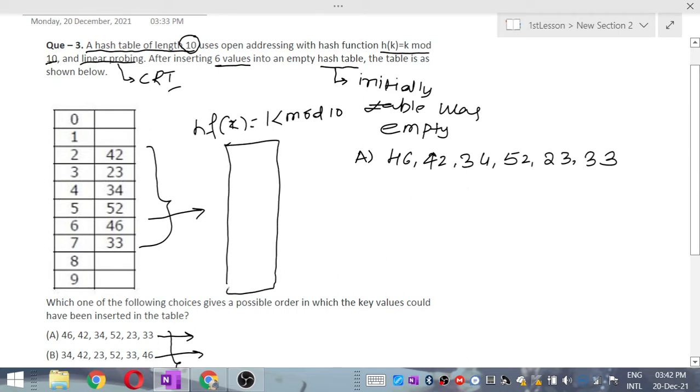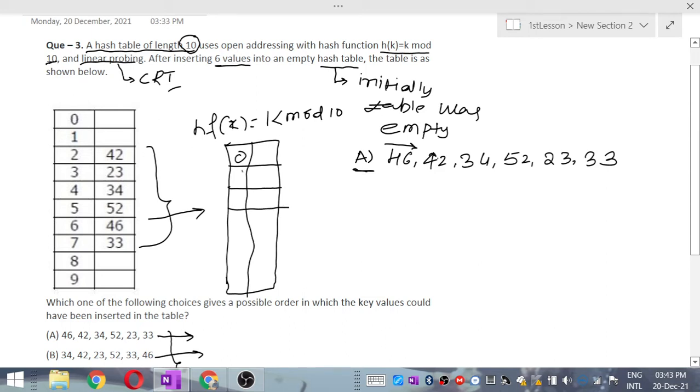Now we have taken this sequence of keys, and we will insert them into this hash table in this sequence. Let us see whether, if we insert the keys in this order, we will get this table or not. That's a simple thing, need not complicate it, it's a very simple question.